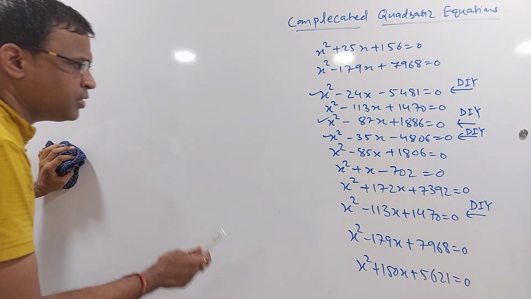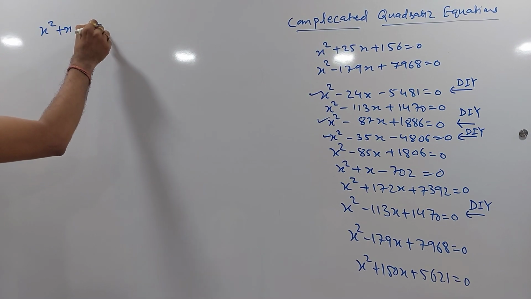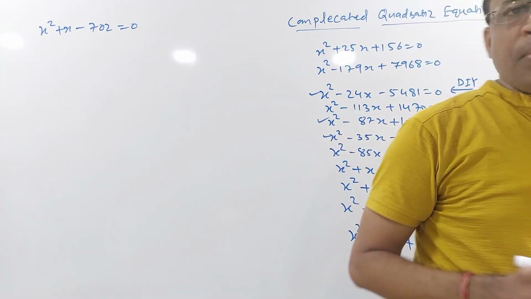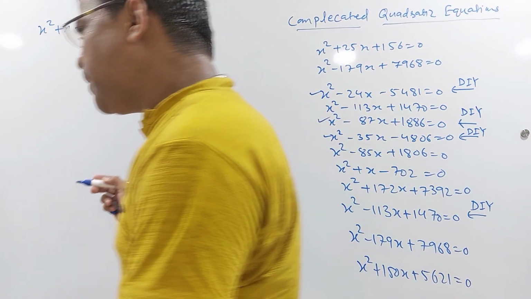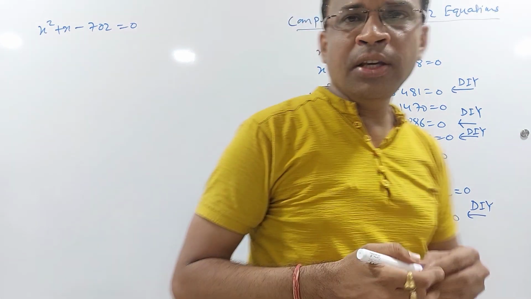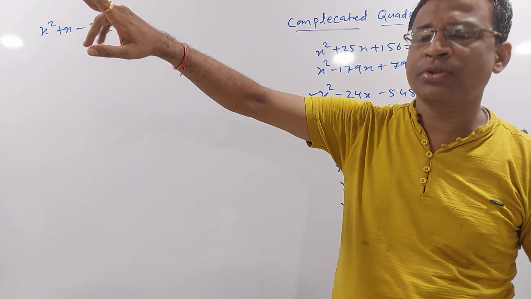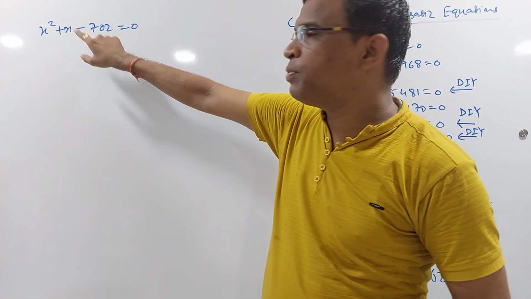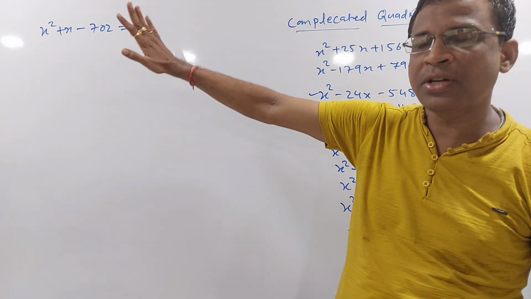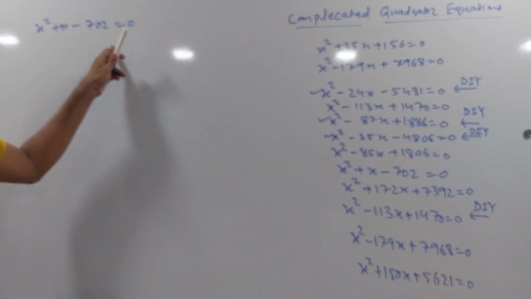So this is done. Next is this. Oh, that's a very good question. It used to come in the CBSE board also many times, such kind of question. x square plus x minus 702. Fine. I think this question can be solved within 2 or 3 seconds. See, here the gap is of 1. That means the two numbers are just consecutive numbers. And here it is minus, that means the difference is of 1. There is no sum, it's a difference case. So I just want a number whose square is exactly close to this.